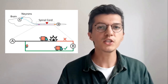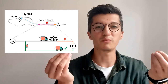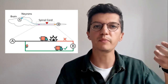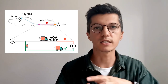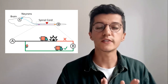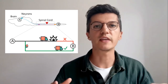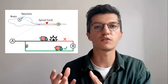So now, imagine a truck driver that has to deliver information from point A to point B. Unfortunately, an accident happens in between and he is not able to continue. However, he could still go a bit back and find an alternative way to detour around the accident and still deliver the information to point B. The same mechanism is used by our neurons when injury happens. The neurons bypass the injury and they create a new connection that then leads to a spontaneous recovery following that